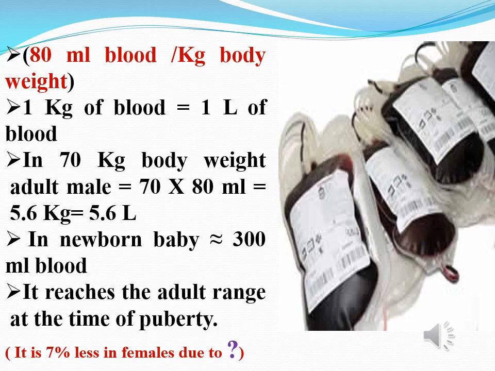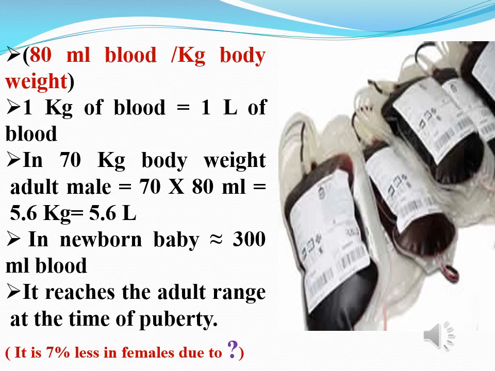In a human being, there is about 80 ml of blood in each kilogram of body weight. Second point, each 1 kilogram of blood is equal to about 1 liter of blood. So, in a person with 70 kilogram body weight, an adult male, it is 70 times 80 ml of blood, since there are 80 ml of blood in each 1 kilogram of human body weight. We multiply by 70 kilograms, the body weight. 70 times 80 ml of blood is equal to about 5.6 kilograms, which is equal to about 5.6 liters of